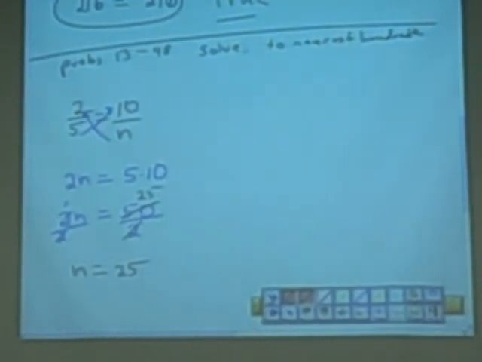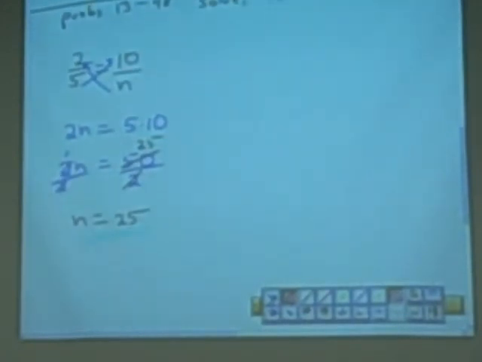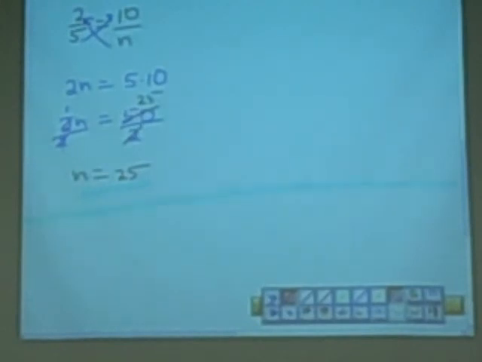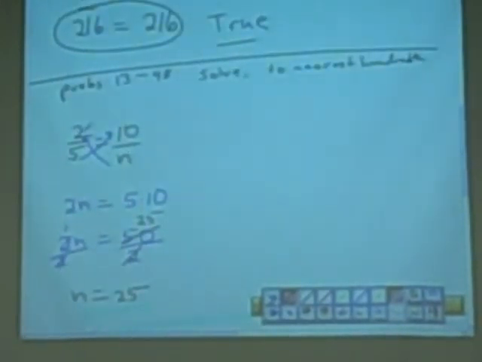Okay? And that's our answer. Alright, any questions with that? Now, it doesn't matter if you start off with the n in the denominator or the numerator, the process is the same. So let's say we have